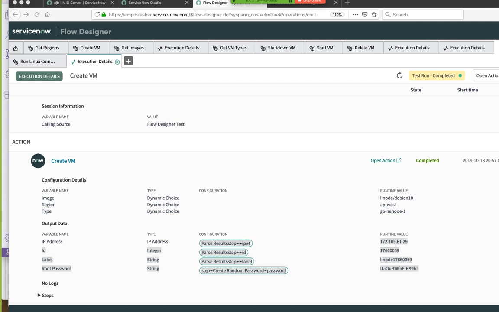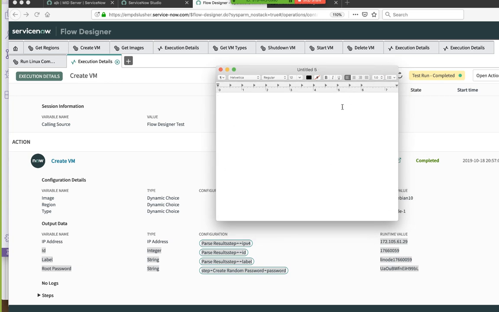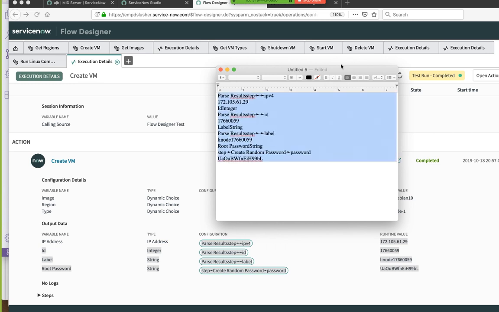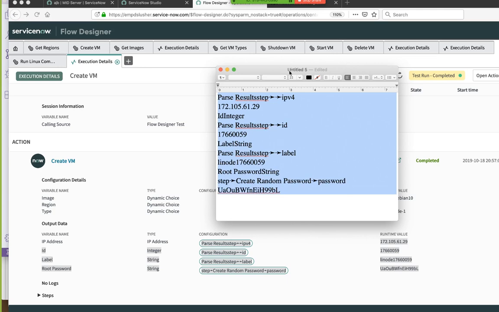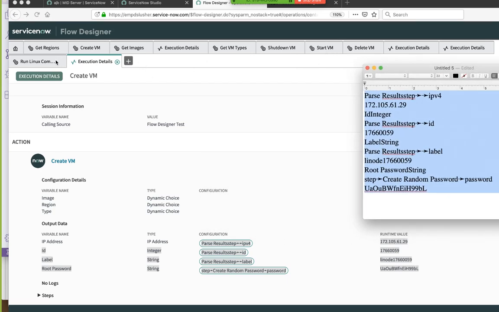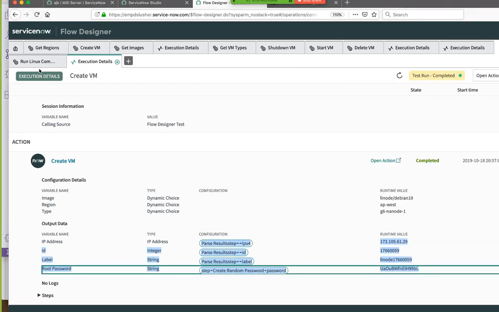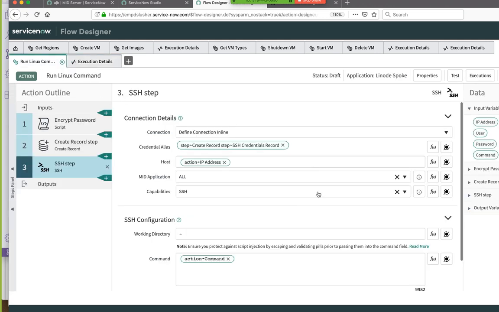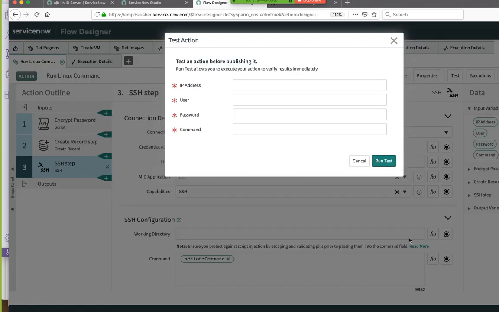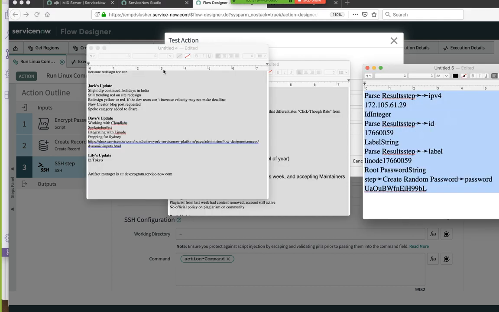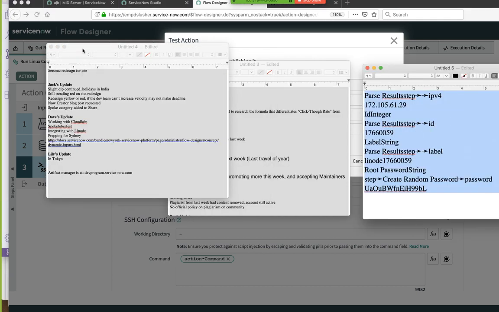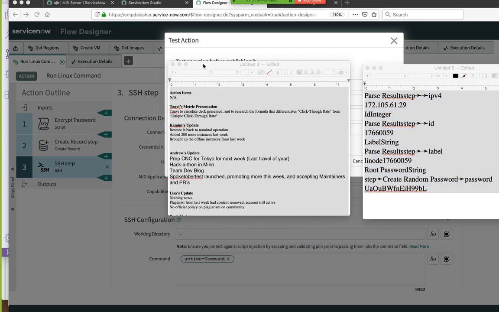Let's just create a nice text edit window with the stuff I want here so I can paste it. All right. So now I'm going to go back over here to that. We're going to test it. Let's get those off the screen.